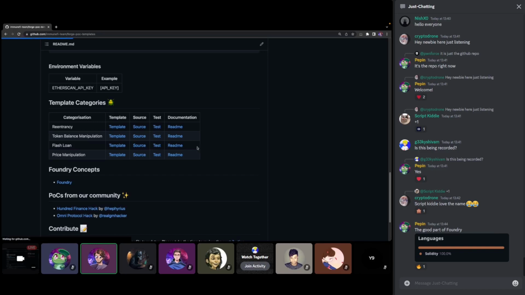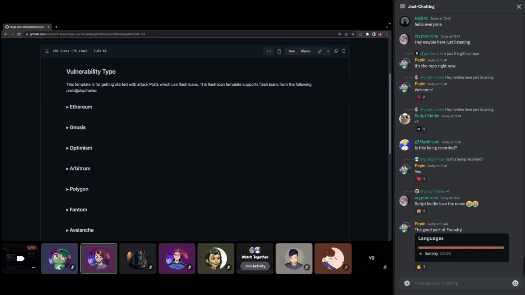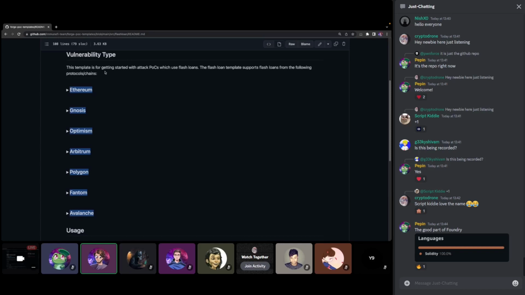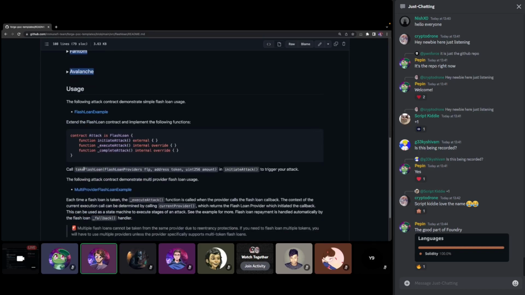Or actually, let's go to the README. Let's go to the flash loan README. In this README, you'll see a list of networks which we support flash loans on, and you'll see an example of the usage. What this flash loan module lets you do is take a flash loan with one line of code. You don't have to think about the underlying protocol. You don't have to think about swapping your synthetic token or anything like that. All you have to do is call take flash loan and pass in one of the providers we have a